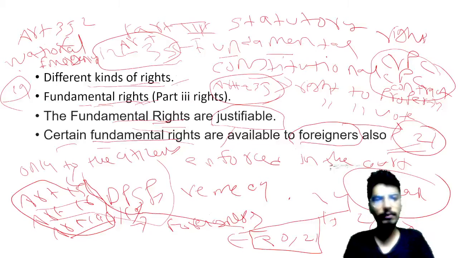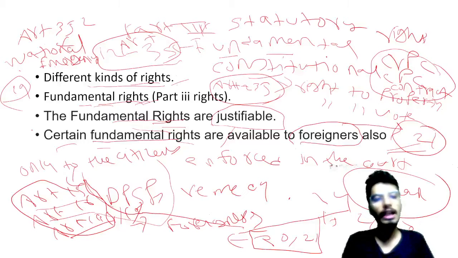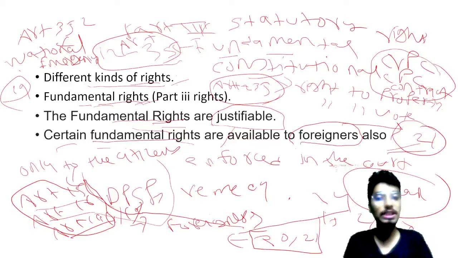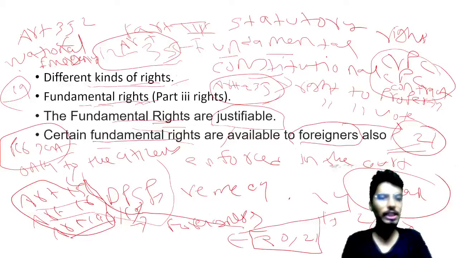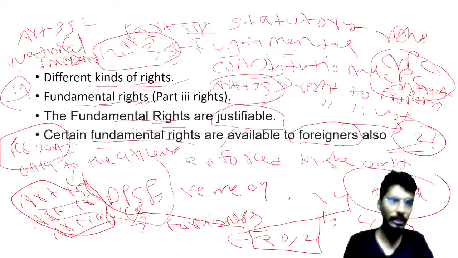But then there are certain fundamental rights which we give even to the foreigners, like Article 21. Because when you talk about Article 21, Article 21 is simply that no person shall be deprived of his life and personal liberty except as per procedure established by law. It simply means that the word person is used. Now when you talk about person, it will include citizens as well as non-citizens also. So that has to be very clear.